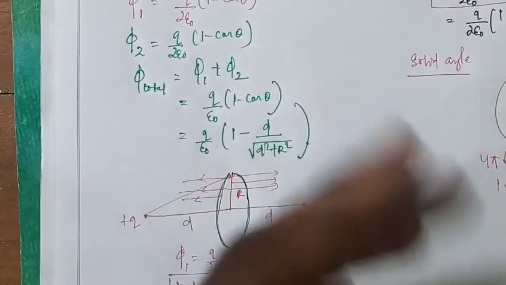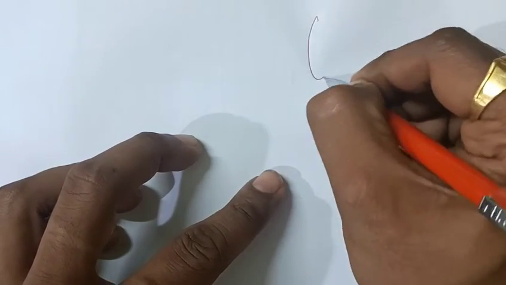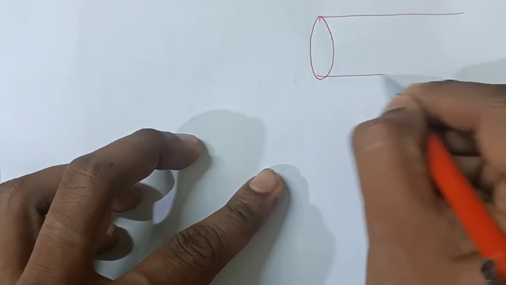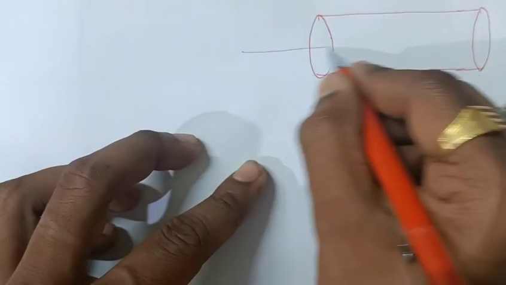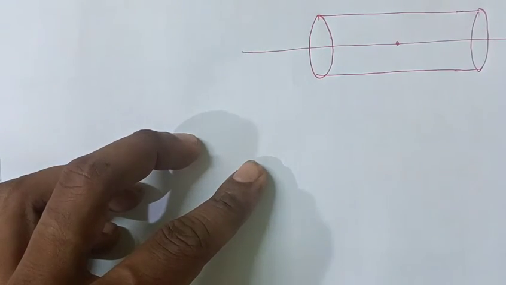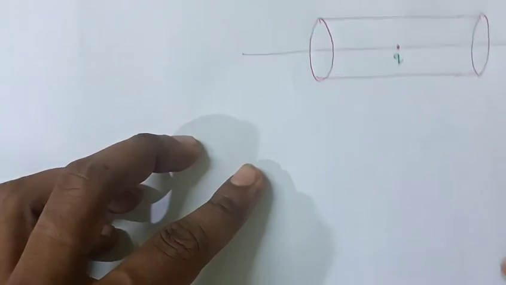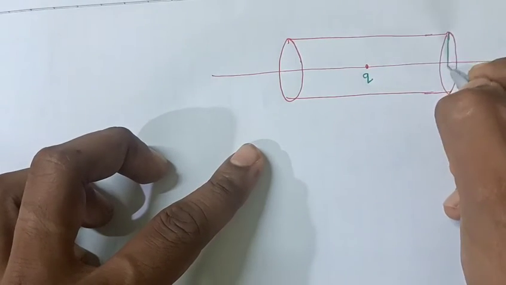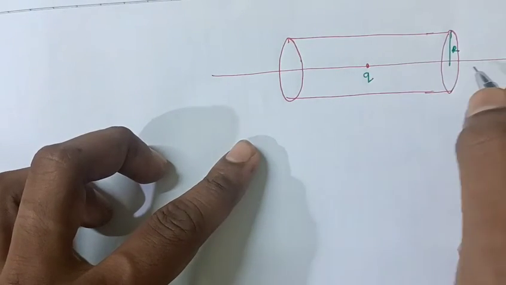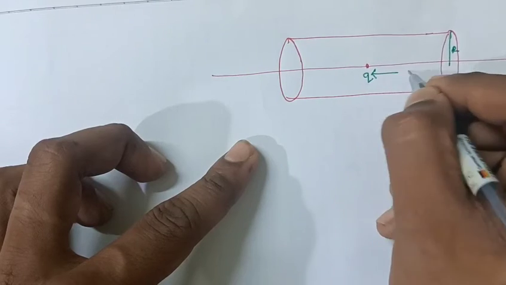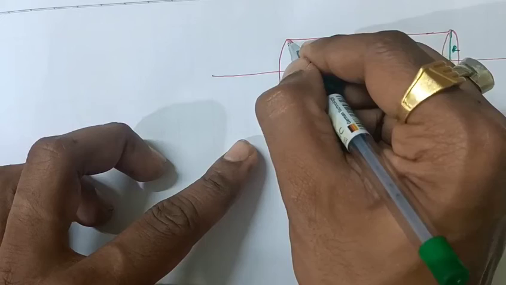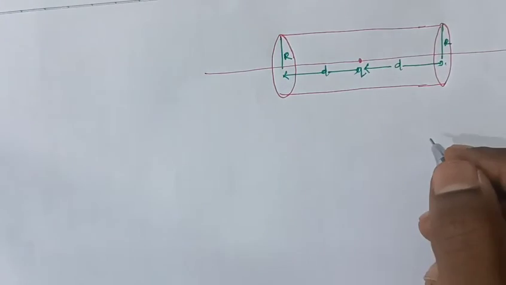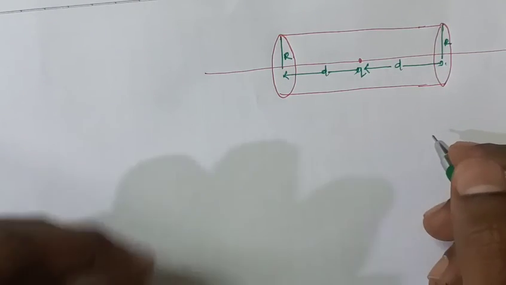If you think about one more question based on this point charge, suppose this is my cylinder. Exactly on the axis of the cylinder, mid of the axis, one charge Q is located, and I will say the radius is R, and this distance I will consider as D, and this distance also as D. This is the radius R. The question will ask how much flux passes through the curved surface,